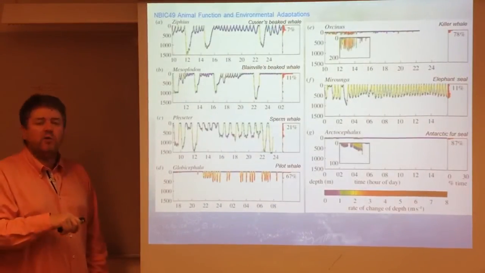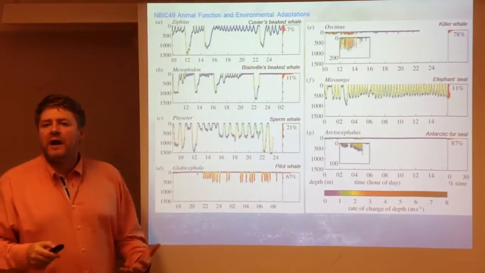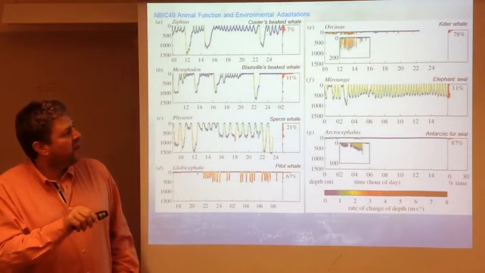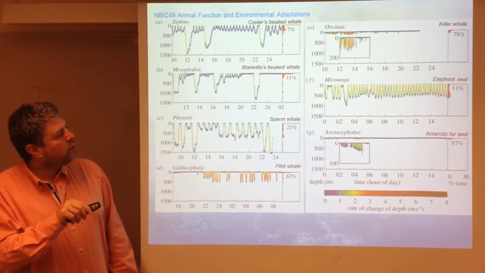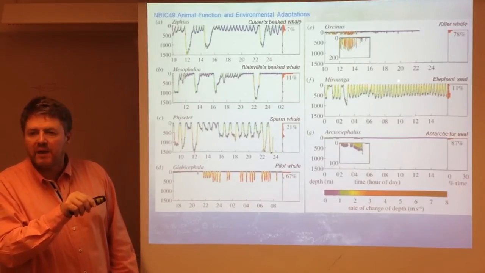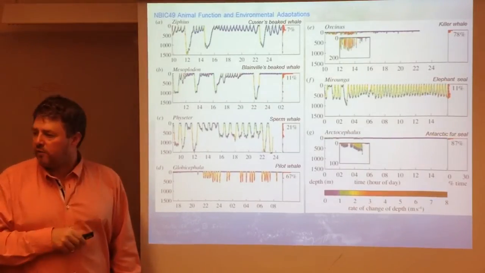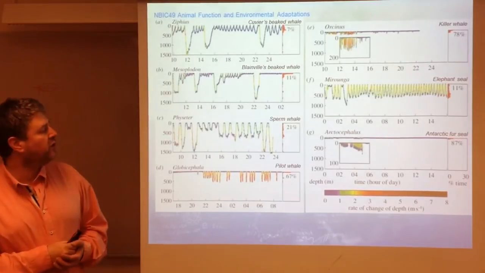And I want to remind you of this slide that I showed you earlier. If you want to look for an animal that does repeated dives, take the elephant seal, right? Look at that. Repeated dives down to 500 meters back up again. Down to 1,000 meters back up again, repeated dives, hardly ever in the surface. How can this animal not have problems with decompression sickness, one could ask?